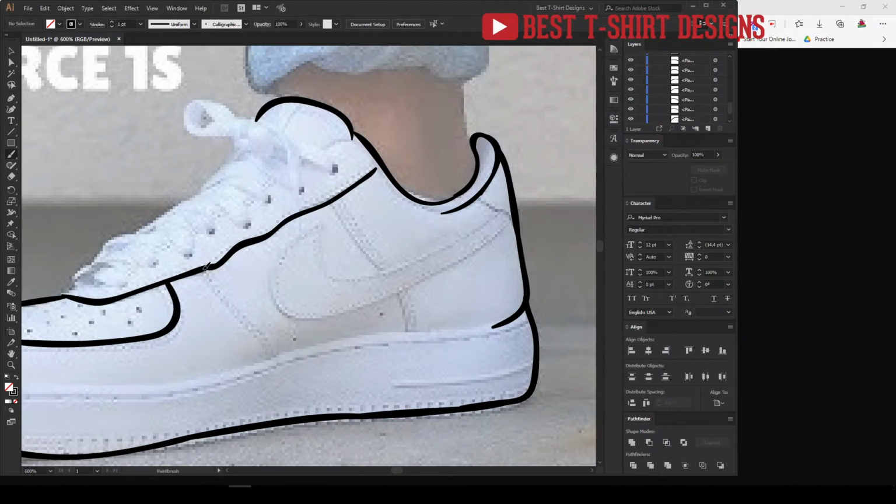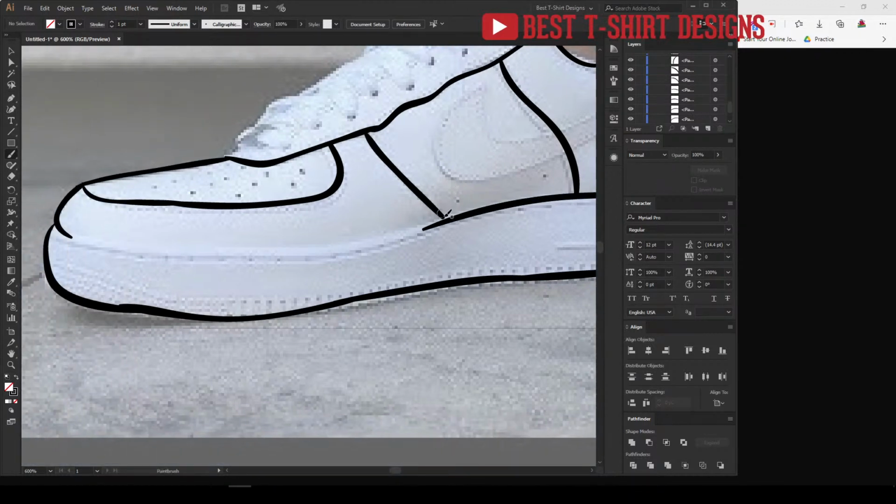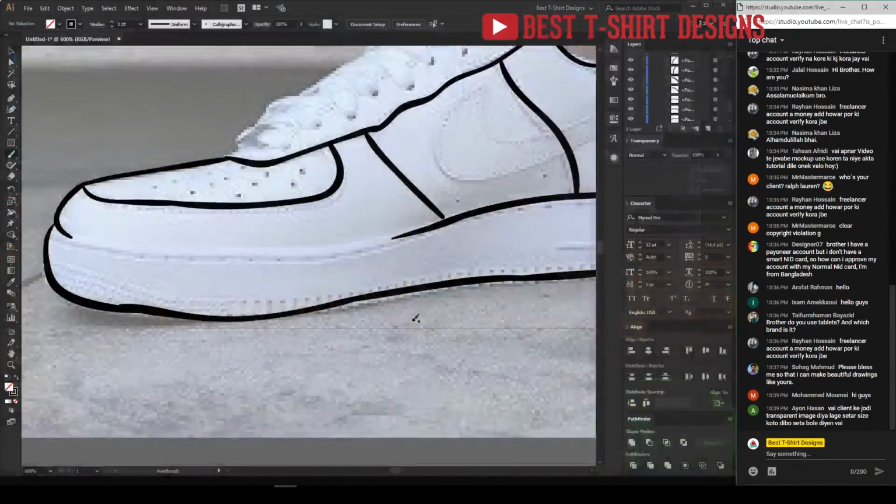Something like that. Let's put a line here, another line here. Okay, so you can see when I'm drawing, it is showing some scribble line, but